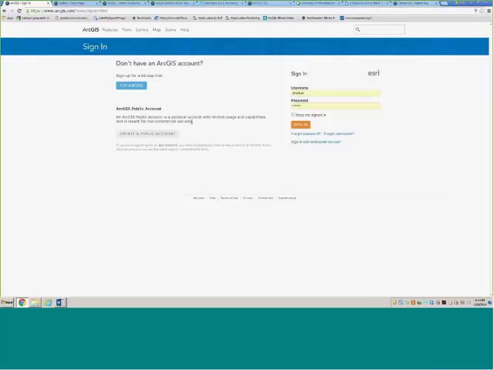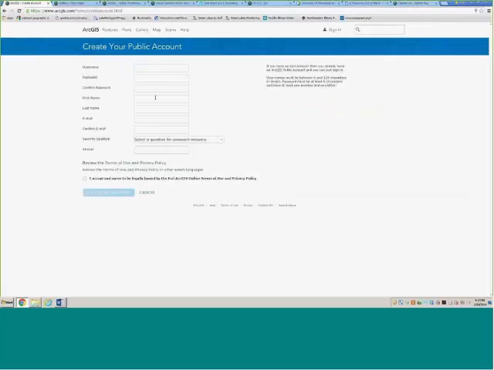Through Esri connecting with the ConnectED initiative, they provided the ability for schools all across the country to sign up for an organizational account. And I'll show a resource at the end of my demonstration on how that works and how you can get started with doing that. I'm going to click on the Create a Public Account button just to show you the basic information that you need to enter. So it's basically just getting a password and giving your basic name and answering the security question and looking at the terms of